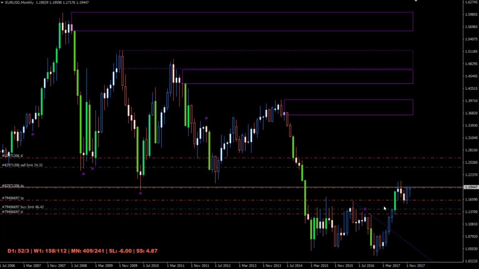If we have a closer look at that, you can actually see that we have a parent and we have a child just here. You can see that price came down, it rallied, it came down, it accumulated, and then it left. So we actually have two areas, and these are going to be a lot clearer on the weekly chart. But on the monthly chart, we're just going to mark them all off. We're just going to go from here to here. So once price starts moving back down to the 108 area, it's probably going to spend a couple of months there while